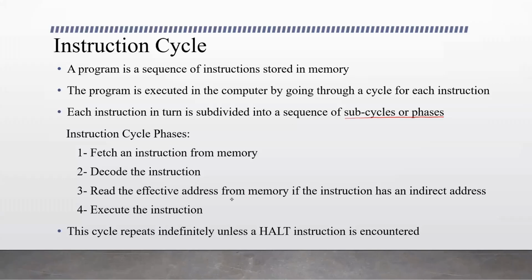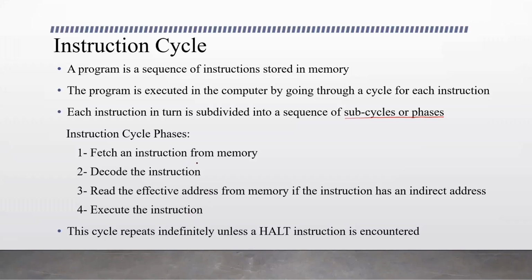If the address in the instruction code is a direct address, the address present would be the effective address, meaning if you check that particular memory location, we find the operand, and that can be fetched. But if the address type is indirect, the address we find in the address field of the instruction code will not be the effective address, so we need to read the effective address from memory. And the final step is, once the effective address of the operand is known, we can execute the instruction. So these are the different phases of the instruction cycle.